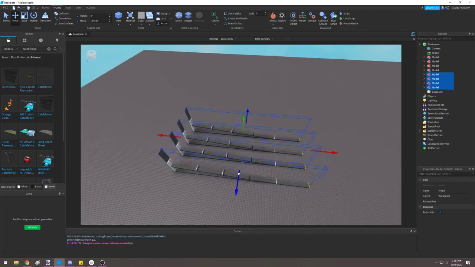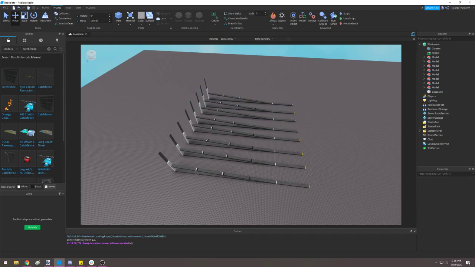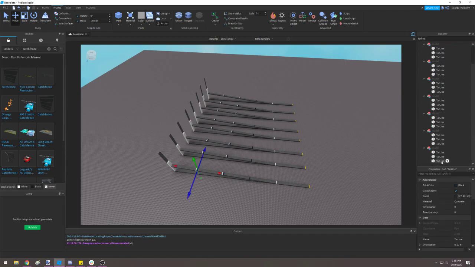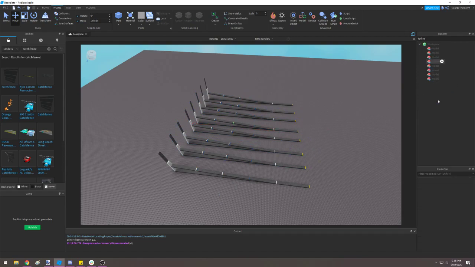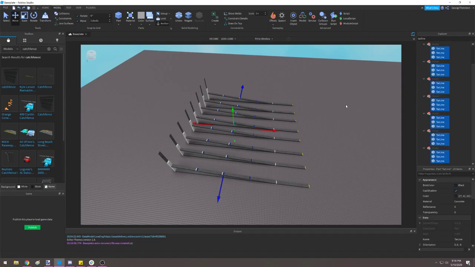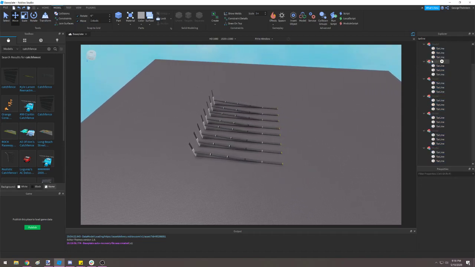But to give you perspective, once we get a bunch of these going, what becomes really easy is if I go up here and type in filter workspace, like tar line, you can see it only picks up the tar lines. So if I want to remove all the tar lines at once, I can select through all of this. Now the thing is, I have all these models selected as well. So I'd have to go back through and then I can just hit delete and they're all gone. Or, to remove the hassle of the model, you could grab all these at once,